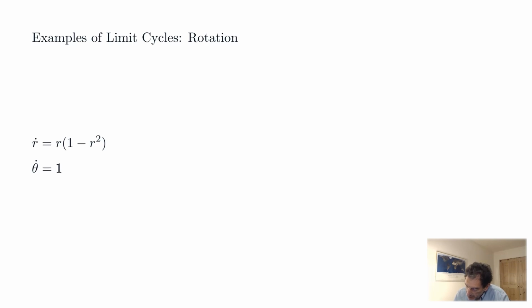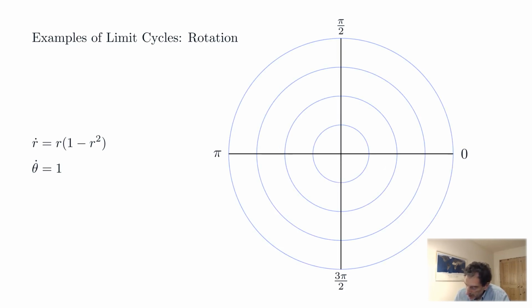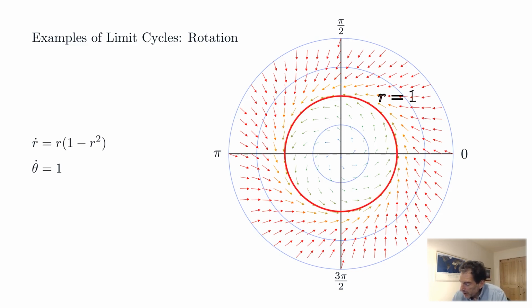So if I look at the trajectories in polar coordinates, here is x and here is y. So at r equals 1, there is a stable fixed point in the r direction. So that means that there's a circle of radius 1. And if we start with flow inside the circle, it's going to spiral outward because theta dot is positive, so